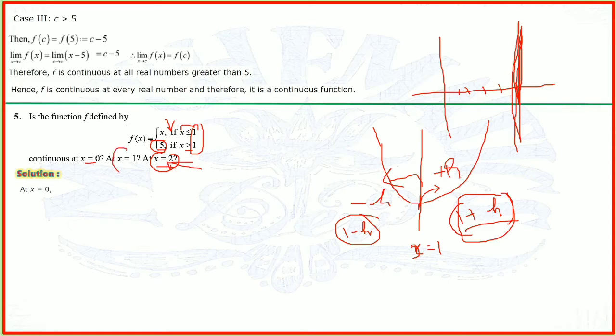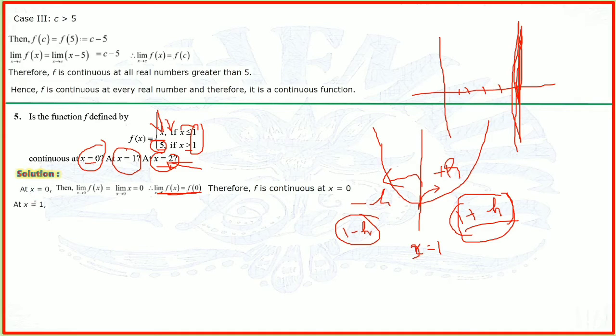Now the confusion is at x is equal to 1. At x is equal to 0, it will also be continuous, because we have only one loop. Whenever there is one loop, the function will be continuous only. So limit x tends to 0 of f of x is limit x tends to 0 of x, because the function's value is x, and the limit as x tends to 0 is 0. Then f of 0, replacing x by 0, is also 0. That means these two values are the same. So we say that the function is continuous at x is equal to 0.